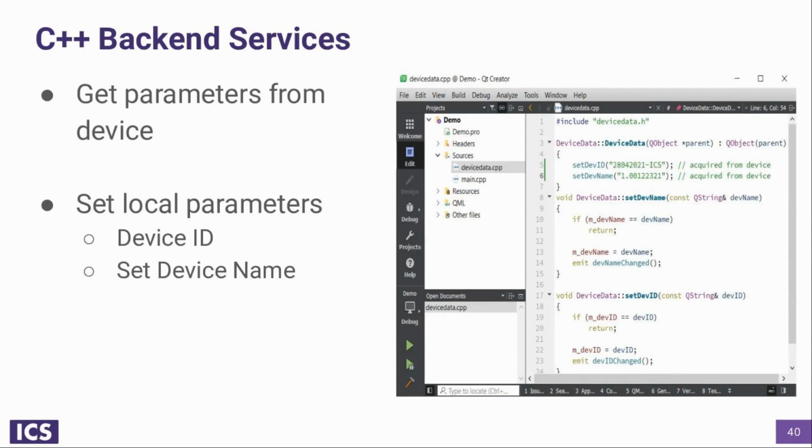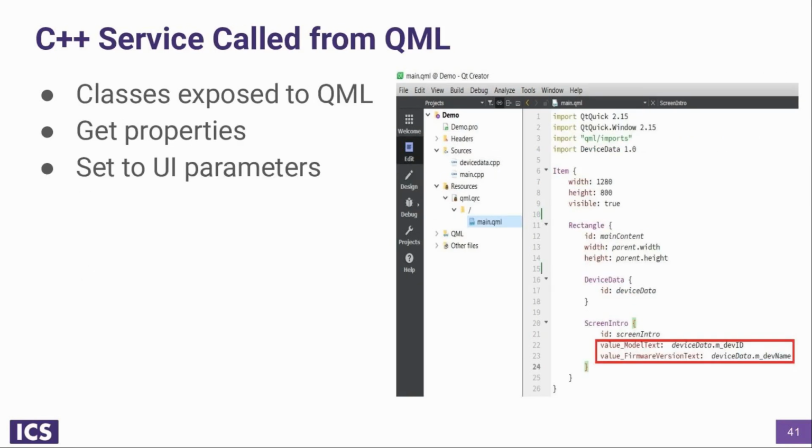At this stage, we are using our backend C++ services. In this case, the C++ functions are used to receive data from our medical device, including the firmware data and all the local variable data that may be used for the medical device. The next thing would be that we should call these services from inside the QML file,